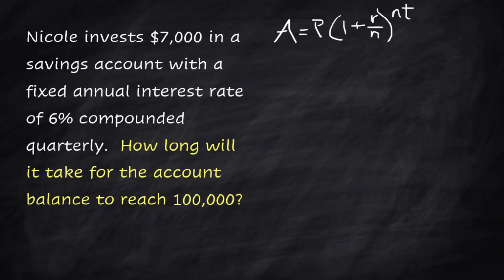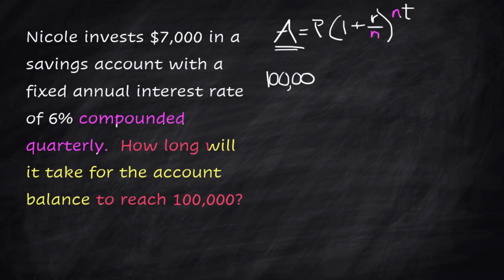All right, it's the same example. It's still Nicole, and she's still investing $7,000 in a savings account that is 6% rate compounded quarterly. But now I want to know how long it's going to take in order for her to have $100,000 in the bank. So 100,000 equals 7,000 times